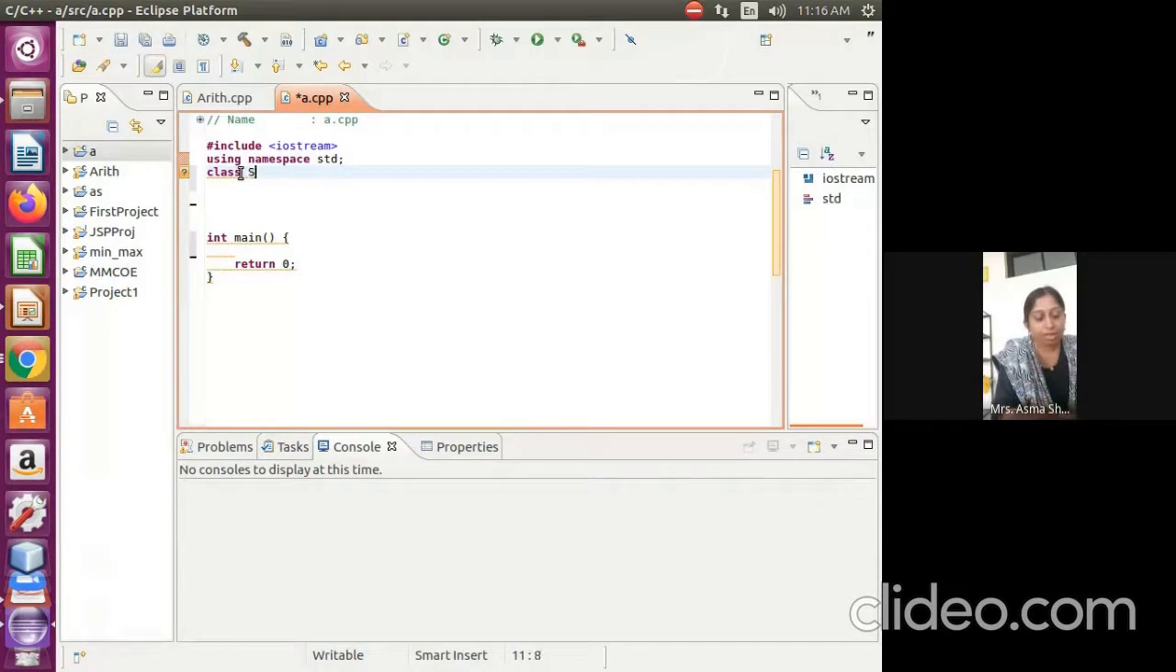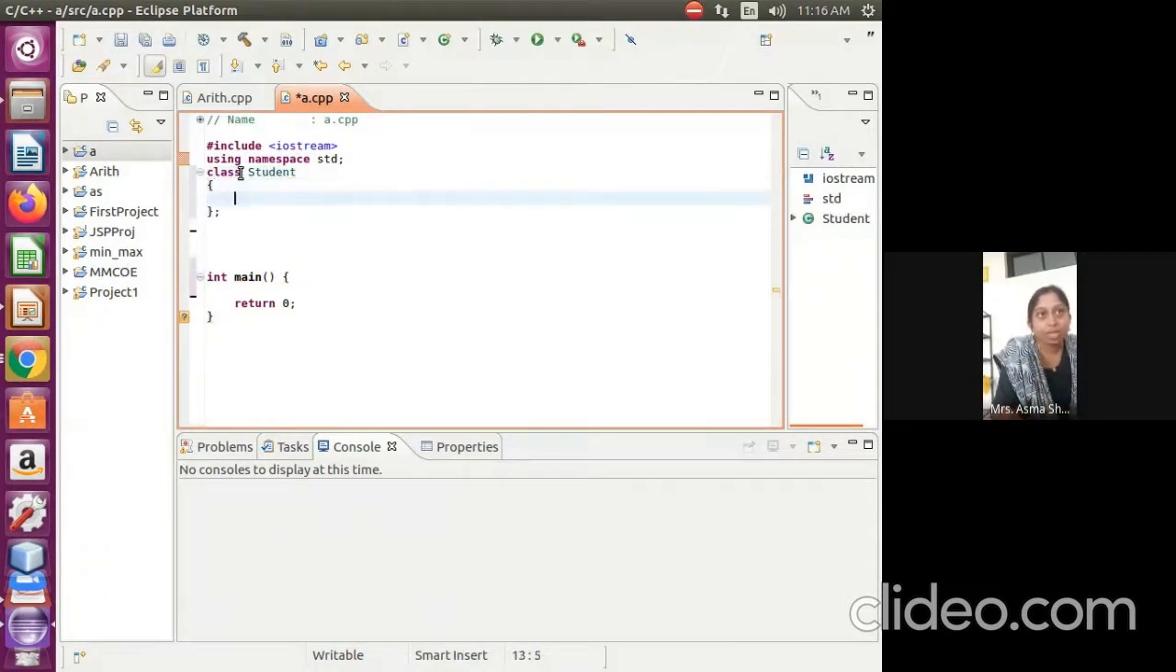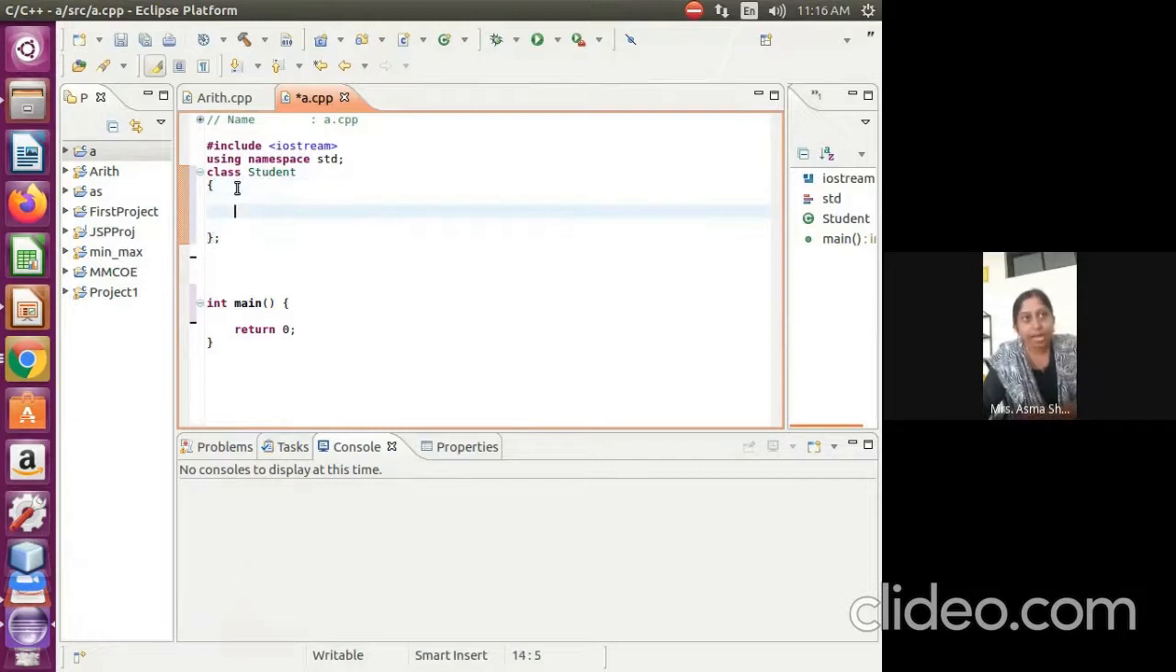So I'm writing a class Student. Student is my class name. So let's remember, curly brace begins. Curly brace ends with a semicolon, which is very important. With semicolon is important here. Now inside this I have to write the data members of the class. So how to write? So I have to write integer student,